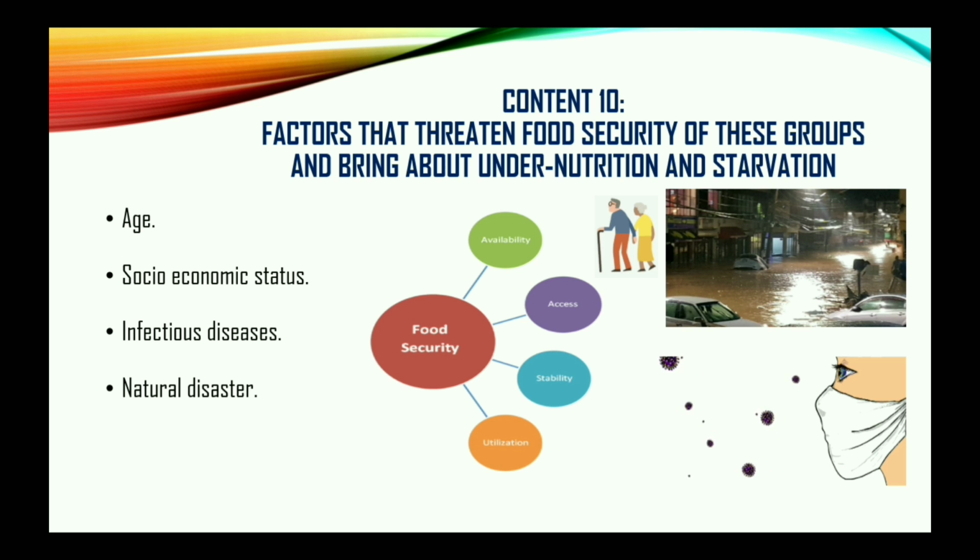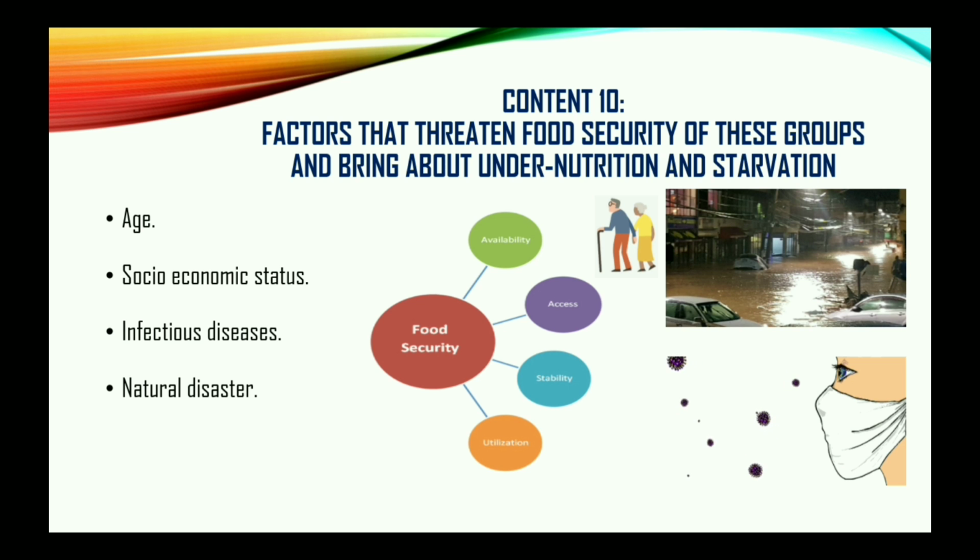They may not be working. Some of them may be on retirement, not receiving any income. That can be a factor, right? Socioeconomic status, as I was speaking about the income there again. As I said, some may be on retirement, while some persons are poverty stricken. They're not at retirement age, but they just cannot afford it.